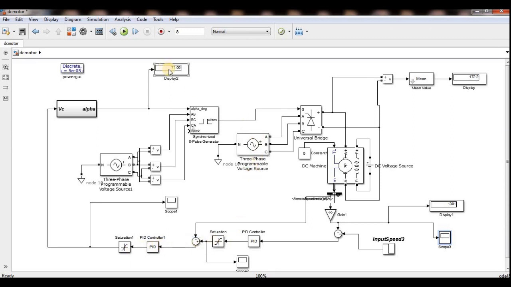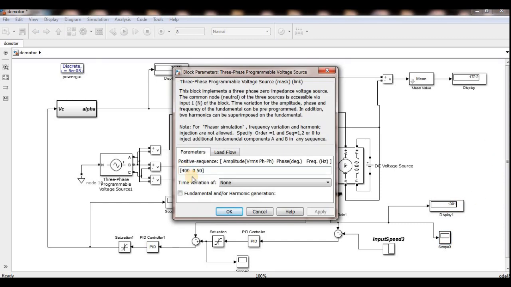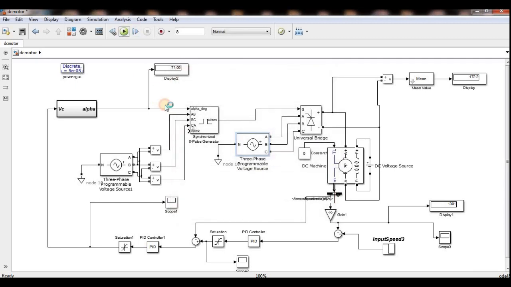71 is required at 1300 rpm. If I reduce this to 300, let me check once. If it is 300, then my alpha will reduce because I want more output from 300. Now alpha is nearly 44, but this is for my maximum speed, 1500. For 1350 previously it was coming like 74 or so. Now it is nearly 60 to 70, less than 70.